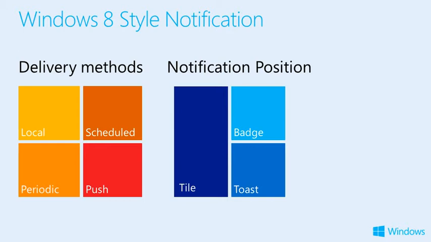And the notification position can be tile, badge, or toast. The local notification can be used with tile, badge, and toast while the application is running. The scheduled notification can be used with the tile and toast to update the information at the specific time. The periodic notification can be used to update tiles, badges regularly at fixed time intervals. The push notification can be used with tile, badge, and toast to get notifications from one cloud server, even if